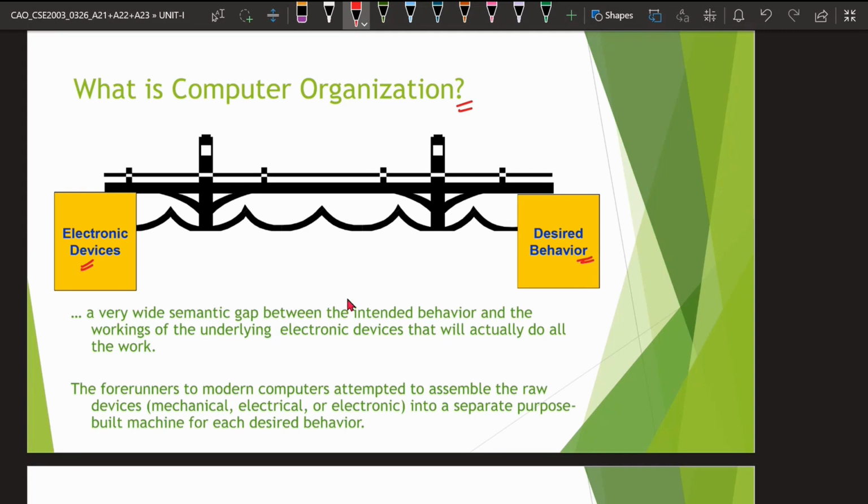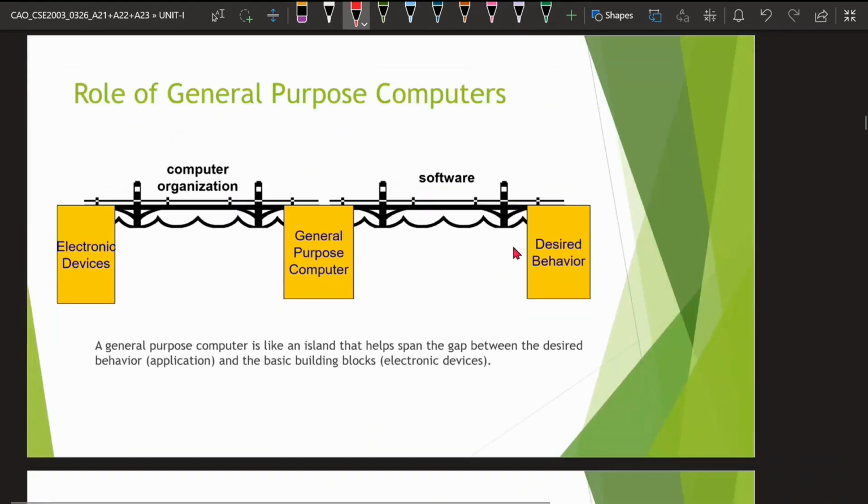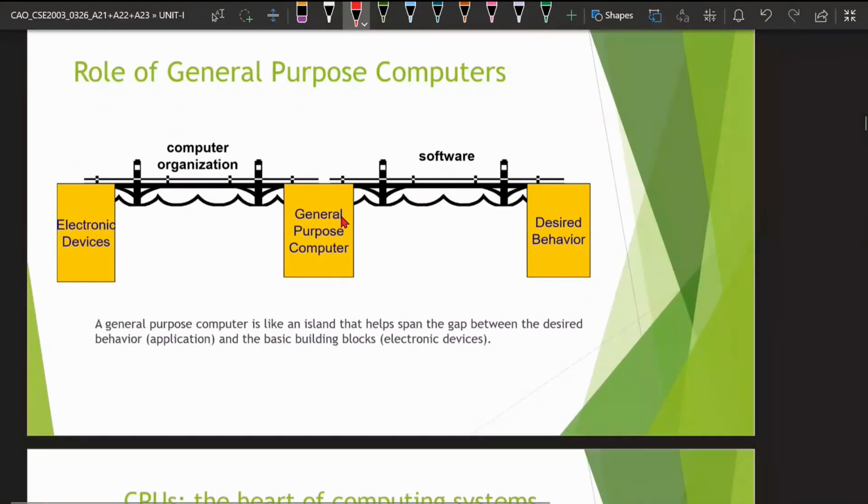Okay. So this gap between electronic devices and the desired behavior is basically overcome by a general purpose computer. Here, what we are going to do is, different electronic devices are there, we are going to organize them. We are going to have a computer organized. Once we organize these components, the electronic devices, we will get a general purpose computer. Once we have got the general purpose computer, with the help of some software, we can get the desired